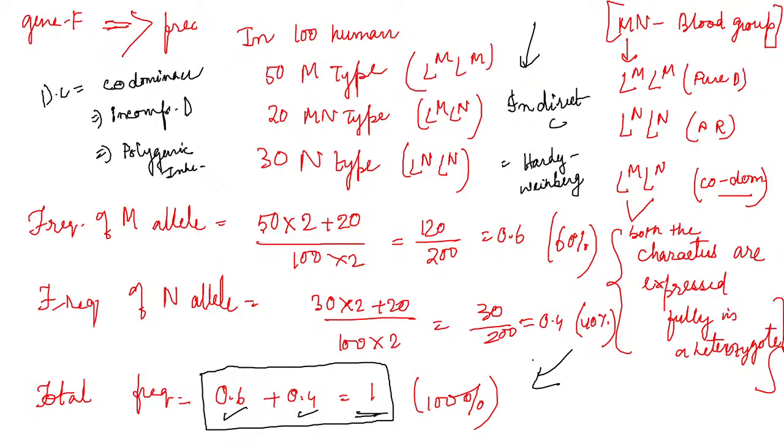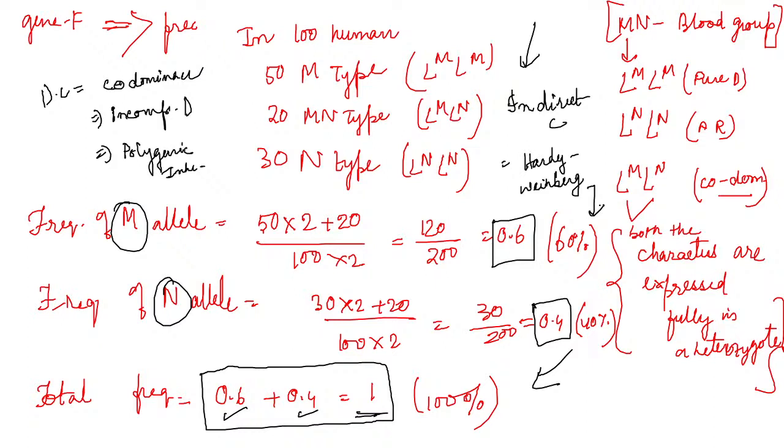Among these, the M type, the dominant one, will have 0.6, whereas the recessive one will have 0.4. Clear? So this was the Hardy-Weinberg principle, or hypothesis, or equilibrium, or law,